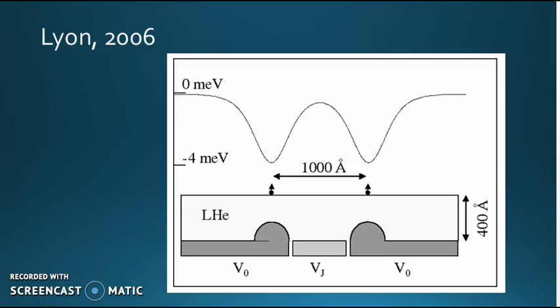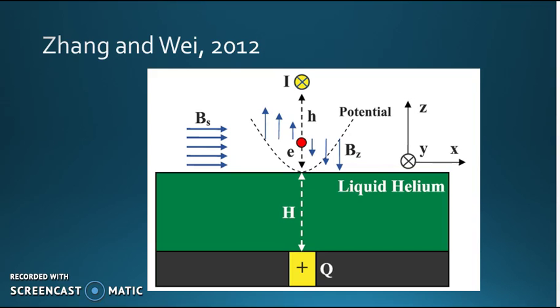Lyon discovered that the methods of electrostatically controlling spin qubits in semiconductor 2D electron gases are also applicable to the liquid helium electron layer. In fact, the spin qubits in helium have coherence times that could reach up to 100 seconds. Zhang and Wei recently theorized a way to entangle the spins of two distant electrons by using their vibrational energy. These researchers implemented these experiments by controlling their devices with 3 different magnetic fields.